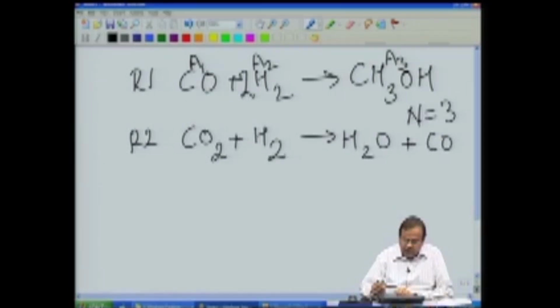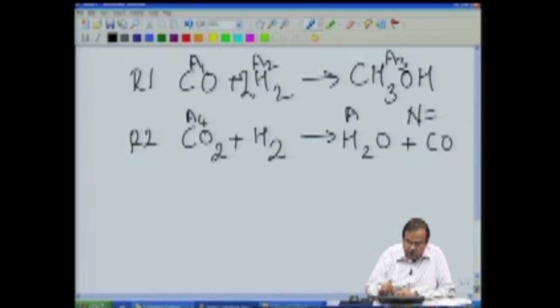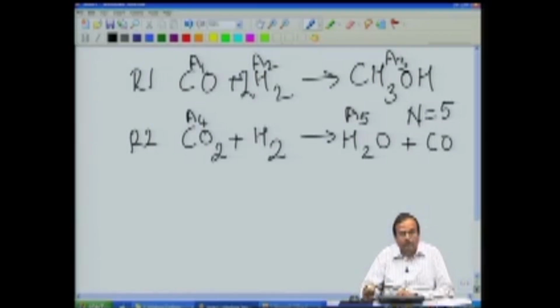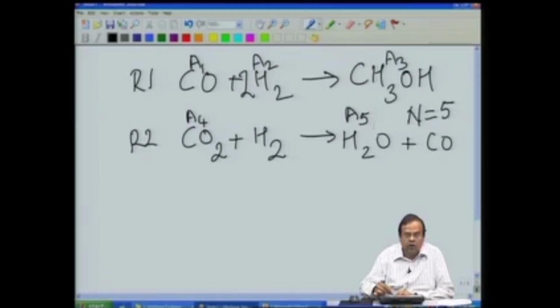Notice here that earlier we had 3 species, now my number of species has increased. So, I have to change this number to account for the fact that there is another species, carbon dioxide, and yet another species, water. So, my number of species is now 5. I have 5 species: carbon monoxide, hydrogen, methanol, carbon dioxide, water, and between these 5 species there are 2